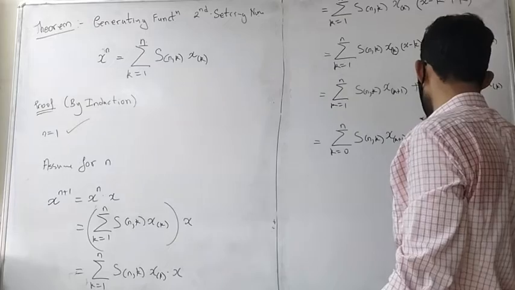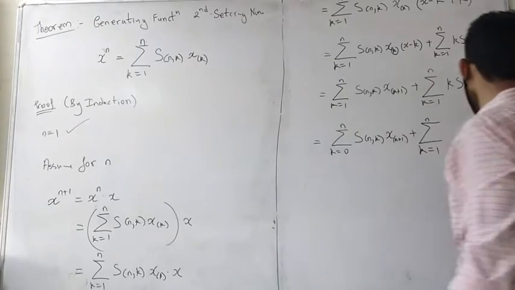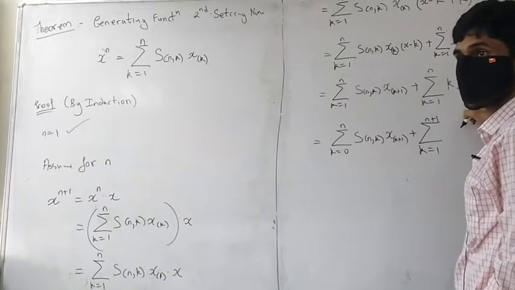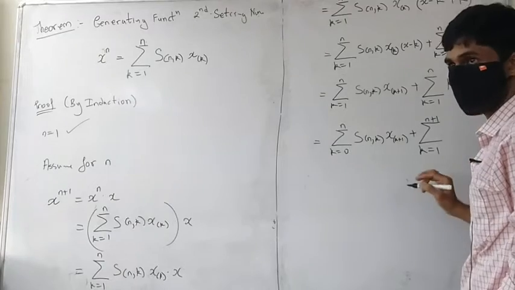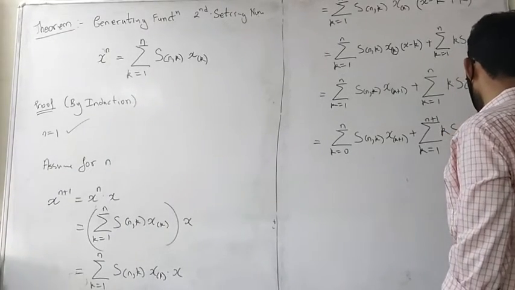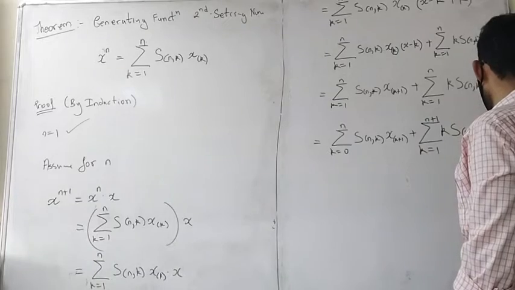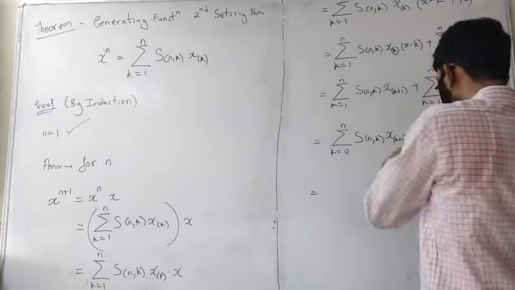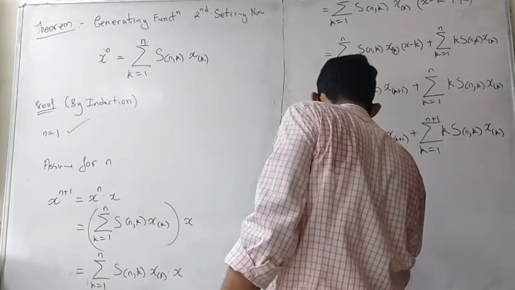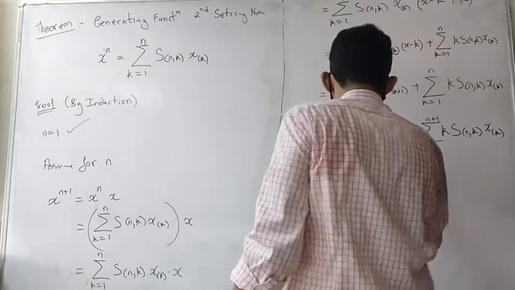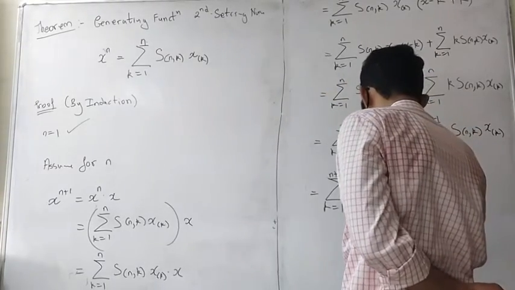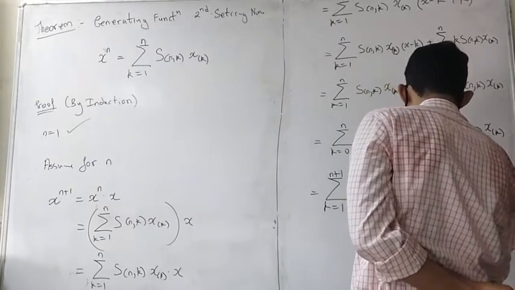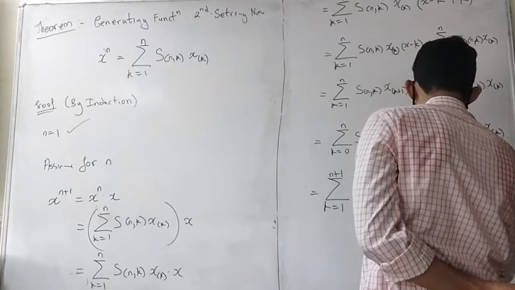I want to combine the terms, right? Just do whatever manipulation you are comfortable with. But you can see here the n plus 1th term is also 0. S(n,n+1) is 0. Okay, capital S is also 0. S(n,k) x_k, because the n plus 1th term is 0. Okay, now get these equal. So summation k going from 1 to n plus 1. Okay, what do you get here? S(n,k-1) x_k plus summation k going from 1 to n plus 1, k.